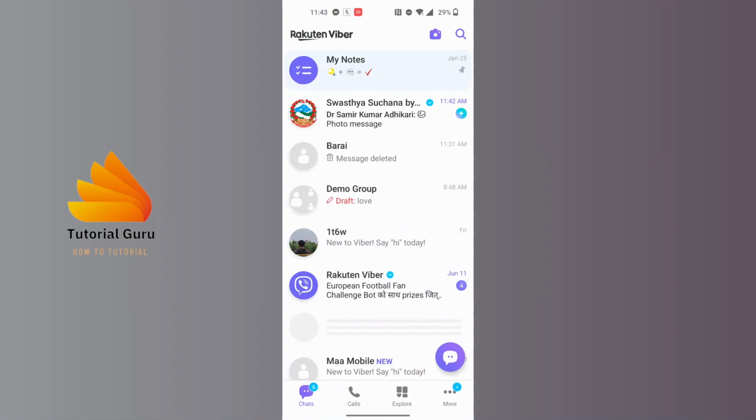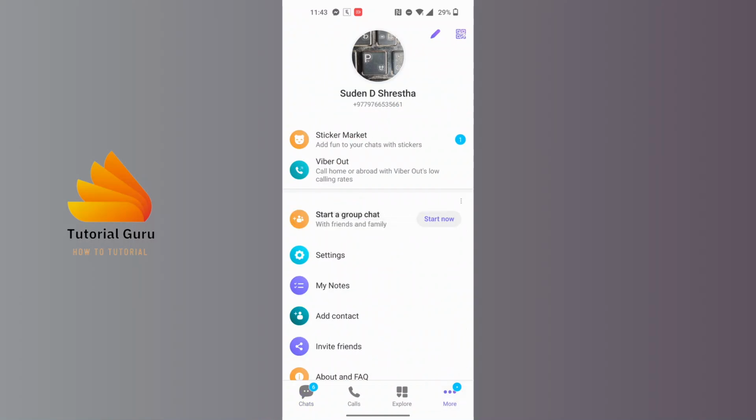And after opening your Viber app, guys, in order to turn on the dark mode, first we'll be required to tap on the more button at the bottom right corner of the screen with the three dotted icon. Tap on the more button, guys, at the bottom right, and you'll land over here and tap on settings on